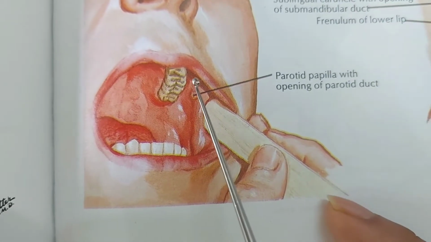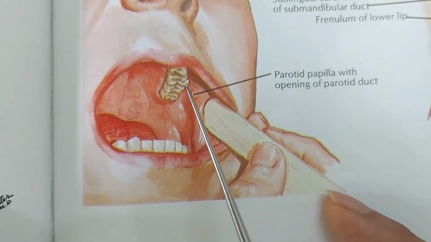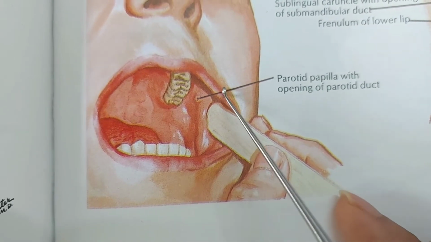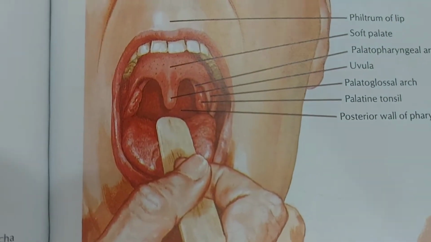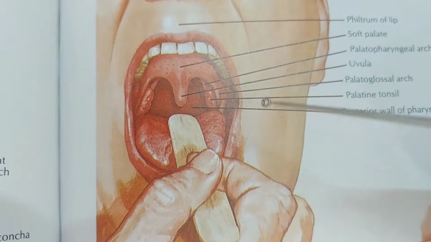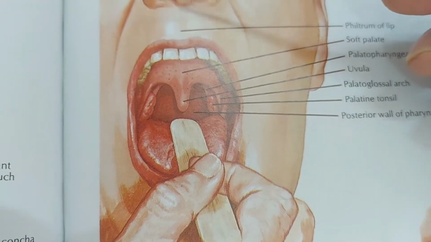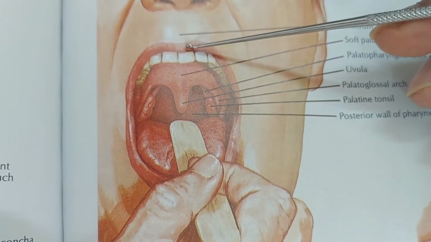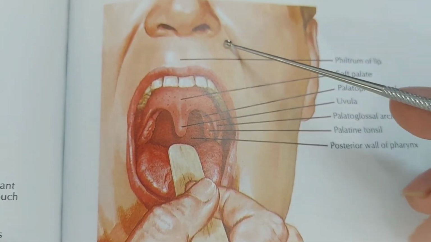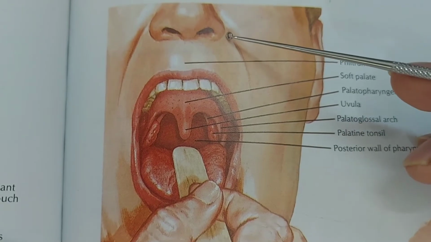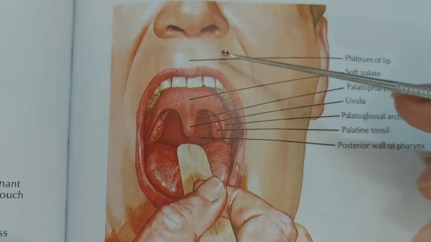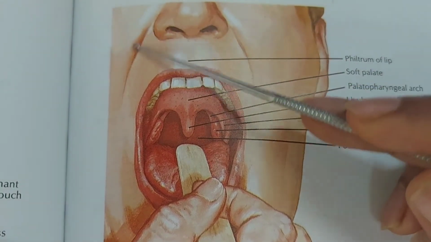This vestibule is lined medially by the teeth, gum and gingiva, and laterally by the cheek. In this oral cavity, we see that there is the opening of the oral cavity. This opening of the oral cavity is known as the lip. And on the outside of the lip, here we can see there is a furrow. This is known as the nasolabial furrow.